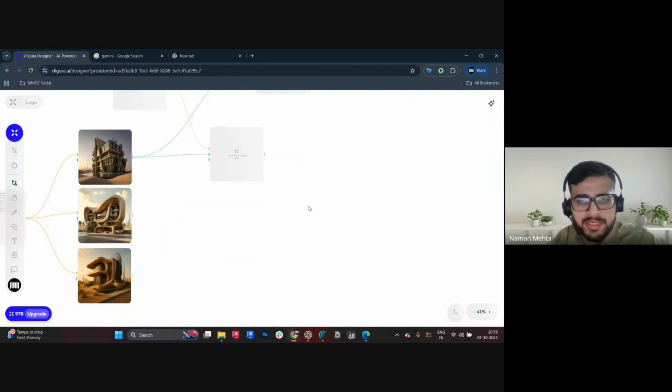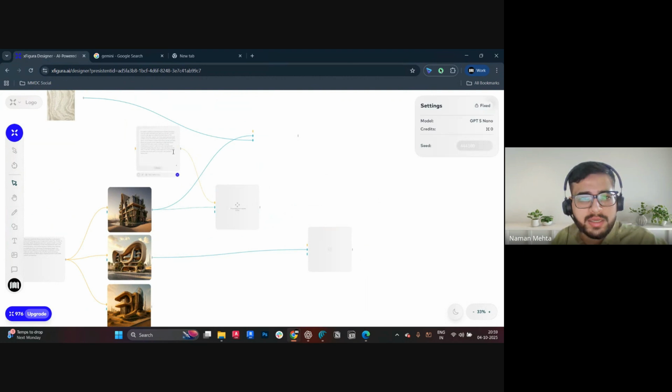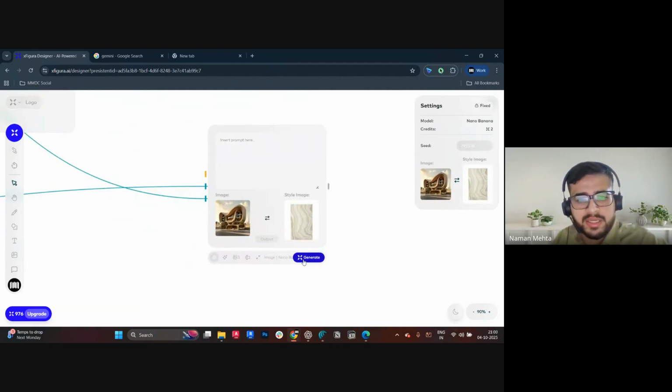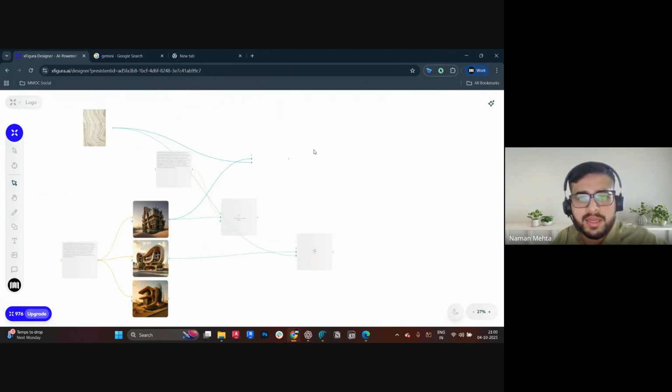Let's add another image. Let's add this style image. So we have base image, style image. I click on generate, and